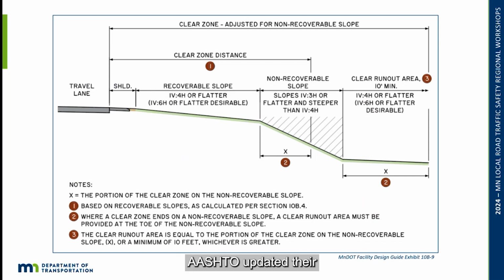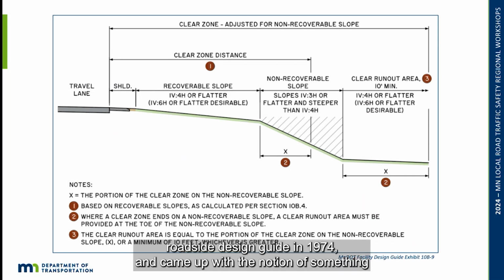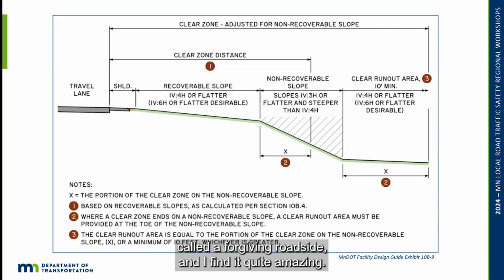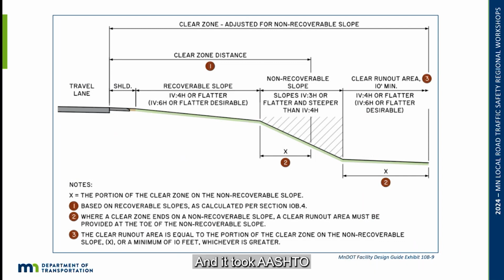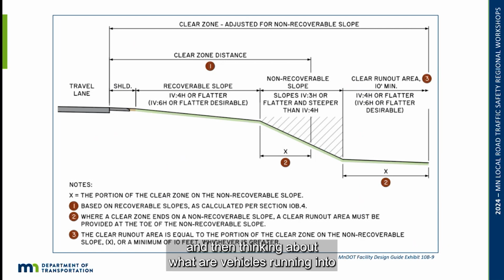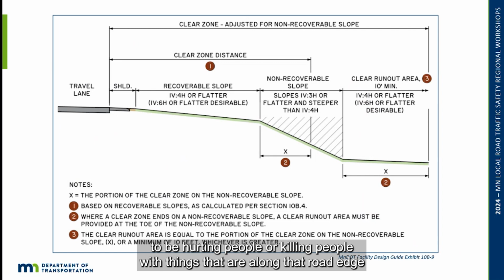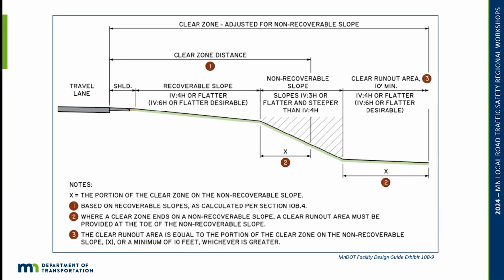AASHTO updated their roadside design guide in 1974 and came up with the notion of something called a forgiving roadside. And I find it quite amazing. We had been designing roads for at least 50 years by then, and nobody had really thought much about what was off the edge of the road. It took AASHTO thinking about what vehicles are running into to come up with the idea that we really ought not to be hurting people or killing people with things that are along that road edge,